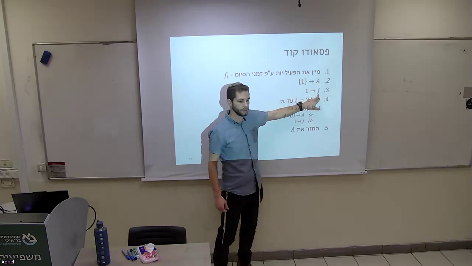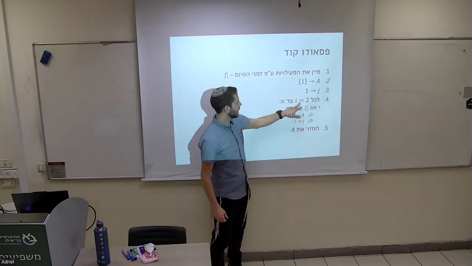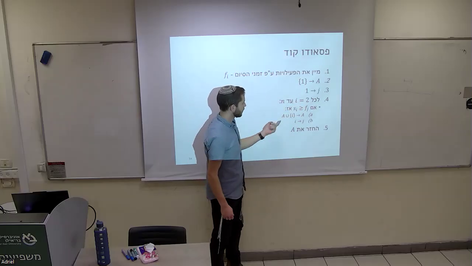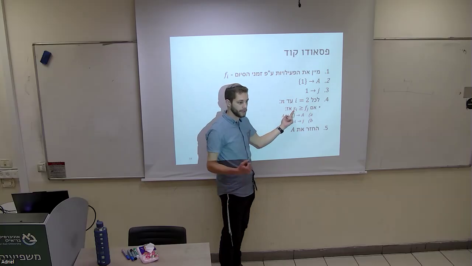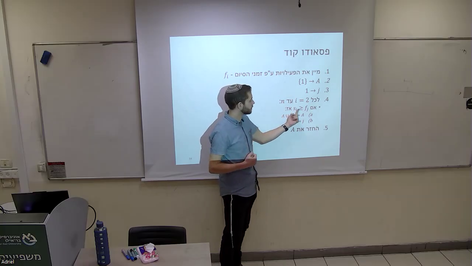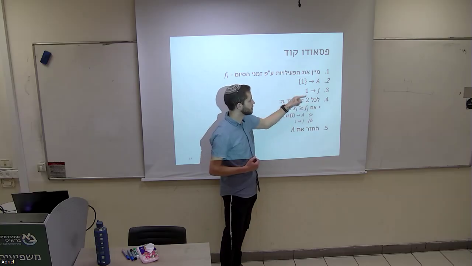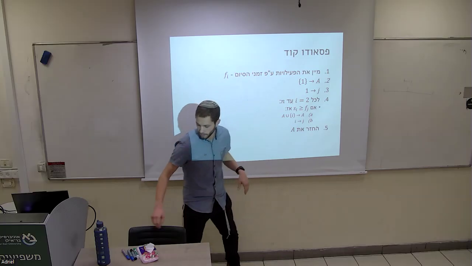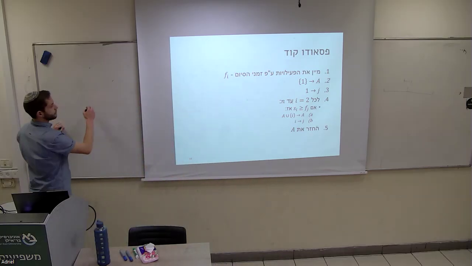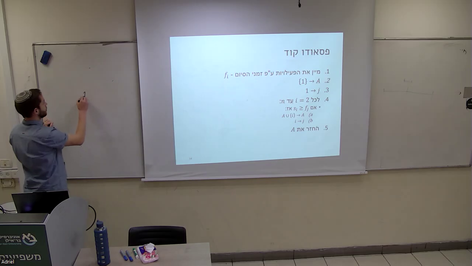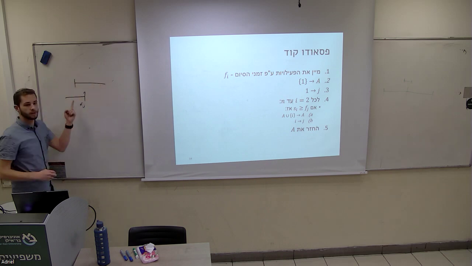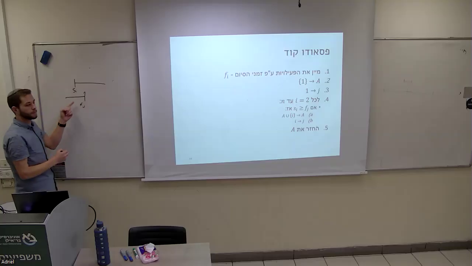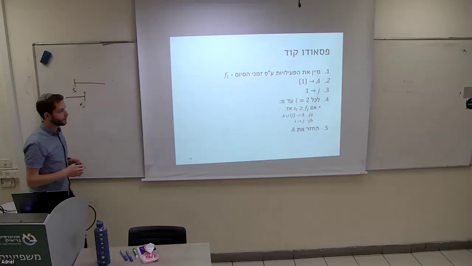Then we're going to initialize j to 1. And for every i equals 2 until n, we're going to compare that activity's start time and check if it's greater or equal to the end time of the activity we chose, f of j. If s_i is smaller or equal to f of j, that means there's overlap, so we can't choose it.